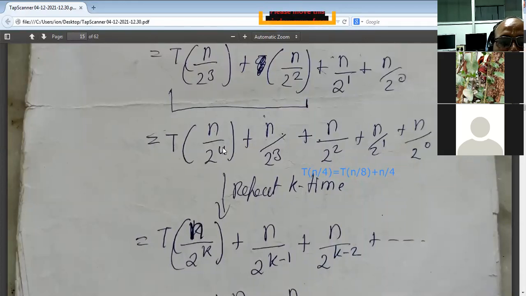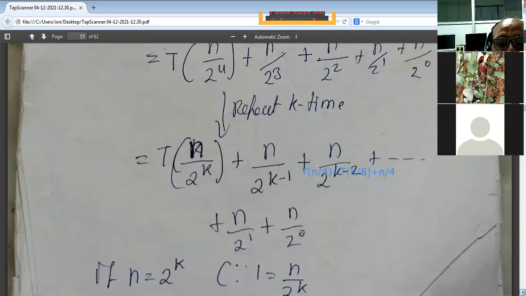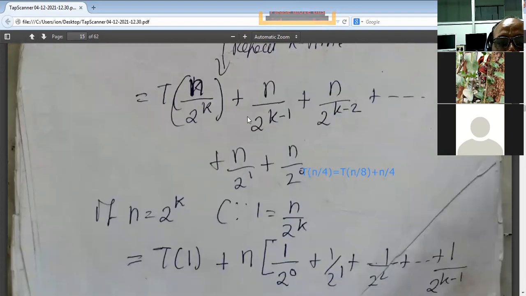That means how many iterations do I have to perform? I have to perform the kth iteration. So I have written here n/2^k, and the remaining values I have kept the same: n/2^3, n/2^2, n/2, n/2^0. So now what will happen? 2^0, 2^1, 2^2, 2^3, 2^4, and last 2^k. Now whatever is inside T, I want to make it 1. So how can I make this value 1? Because n/2^k is equal to 1, I want to make it so. So n is equal to 2^k. If n is equal to 2^k, then it is 1.